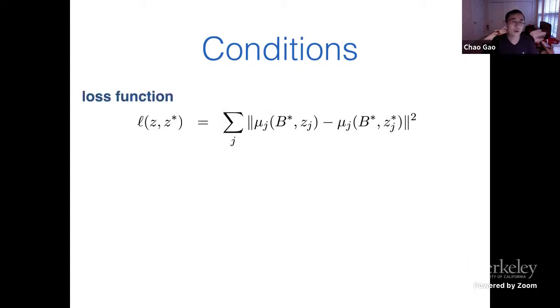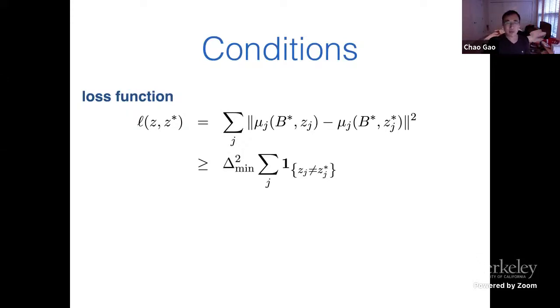And we also have a theorem to guarantee the statistical error convergence for this general iterative procedure. But first, let me introduce some notation. We are going to analyze the error of this iterative procedure using this loss function. This is just the sum of the L2 difference between the mean function, and here the only difference between the two mean functions is in terms of difference of the structure parameter. Here, the first place we have Zj, the second place we have Zj star.